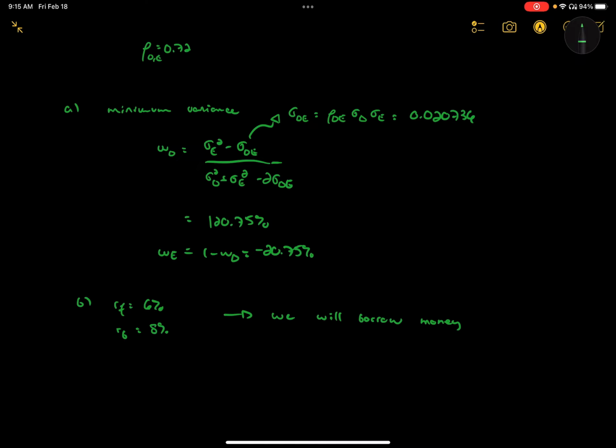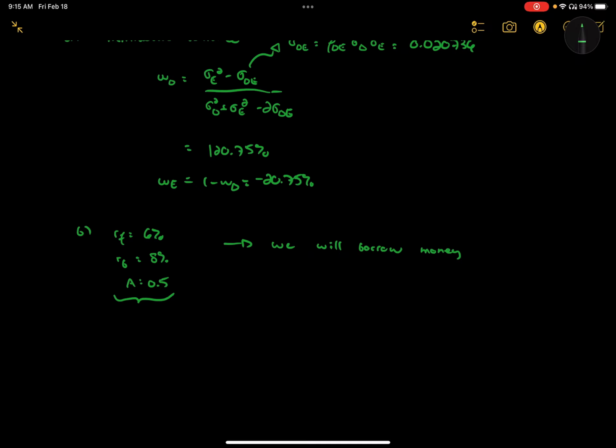To leverage your positions on both funds, you believe that all investors' investment decisions are guided by a quadratic utility function. Your risk aversion is estimated at A equals 0.5. All right, so the first question is, how will you allocate your funds in order to maximize your utility? So between borrowing, asset E and asset B. So as usual, this is what we're told. So we're also told that we decided we will borrow money to leverage our positions. Therefore, we need to find basically P2 already,